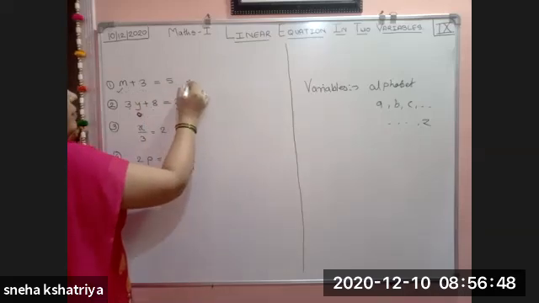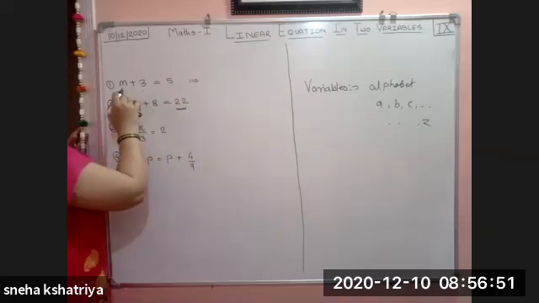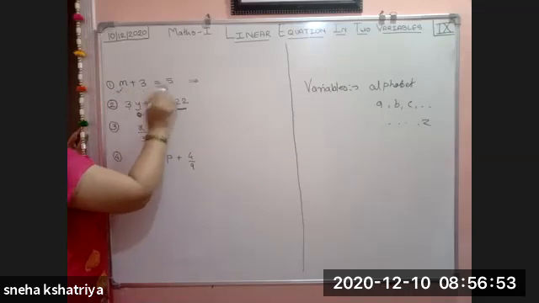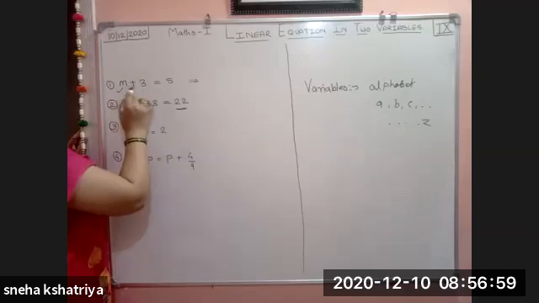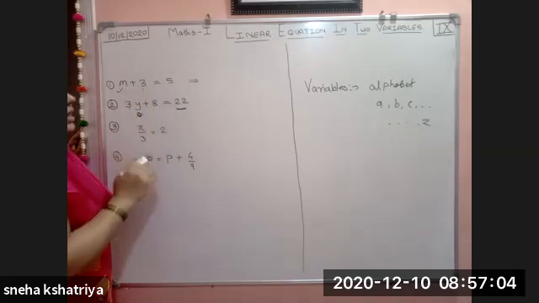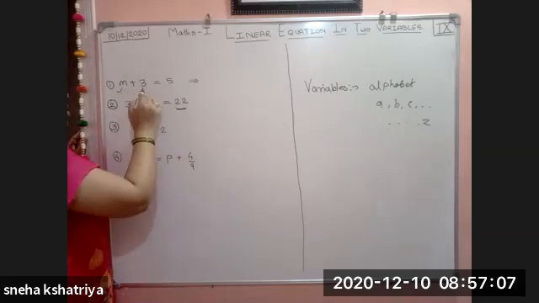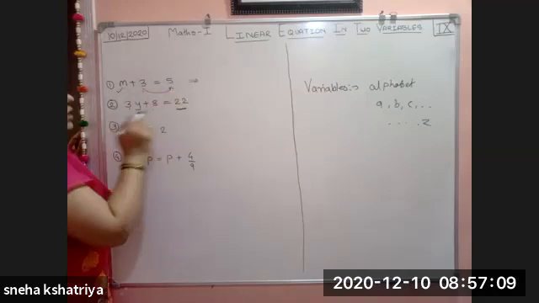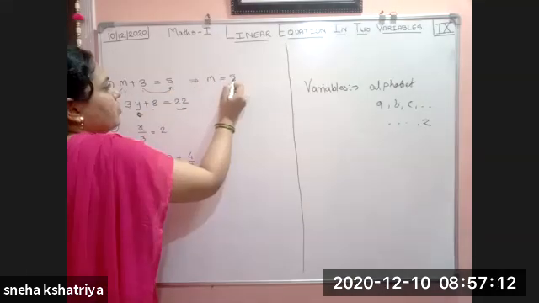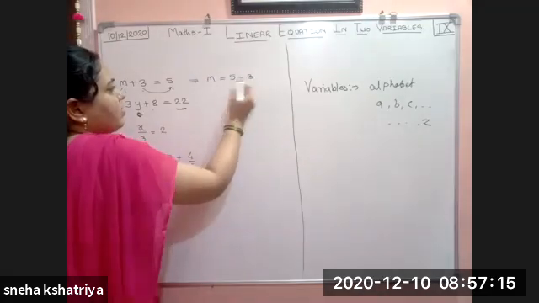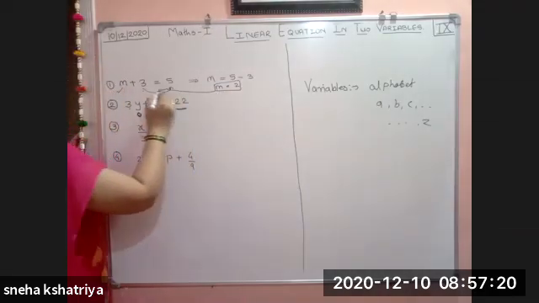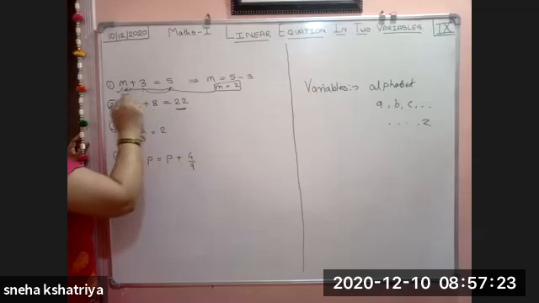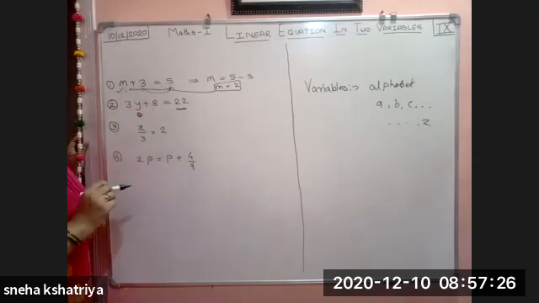So by calculating this, we know that if we put m is equal to 2, then 2 plus 3 is equal to 5. But we can solve it accordingly also. If you have to find the value of m, the numbers 3 and 5, whatever the numbers are there, they are constants. So you can shift that constant to the right side, shift 3 to the right side. So you get m is equal to 5 minus 3. How much is 5 minus 3? Therefore, m is equal to 2. Put this value of m here, you get their addition: 2 plus 3 is equal to 5.